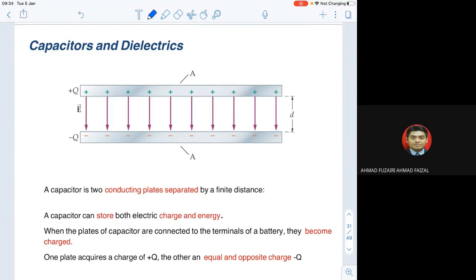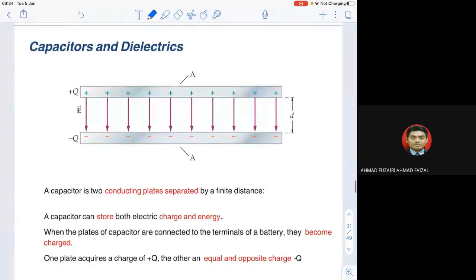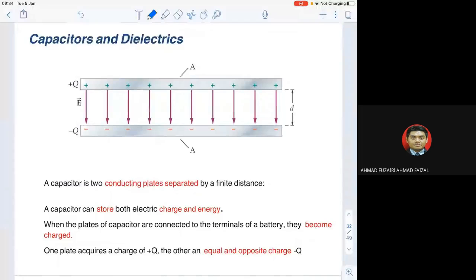Okay, so let's continue on the capacitor and dielectrics. Again, I want to emphasize that capacitor is not in chapter 16. Capacitor is in chapter 18, if I'm not mistaken, chapter 17 or 18 in your survey textbook. But we put this unit into this part because we want you to see how we apply the electric potential or electric potential energy inside the capacitor, because that's how we learn about capacitors.